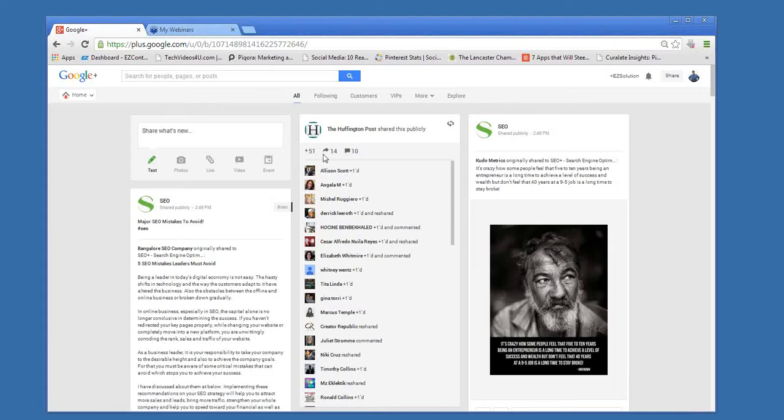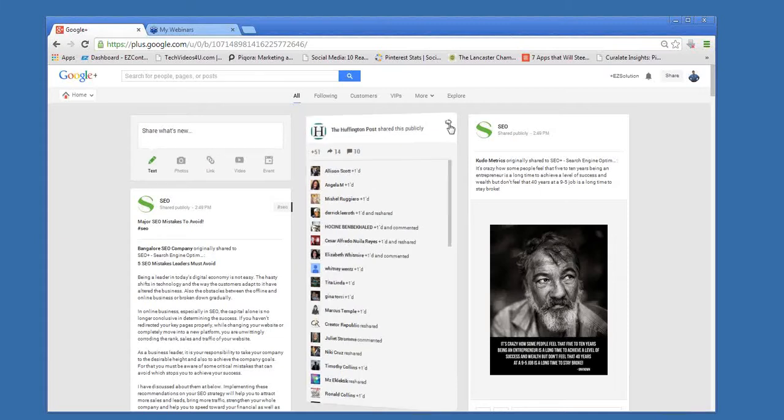And up here, when you see this arrow and this 14, that's the number of reshares of this post. When you see the commentary box with the 10, that's how many people have commented on it. So it gives you an idea of what's going on, especially if it's your post in particular and you want to see, obviously, how well it's doing. So I'm going to flip this around,